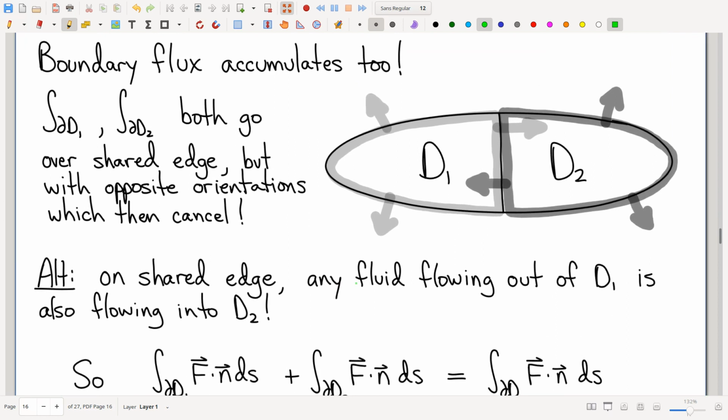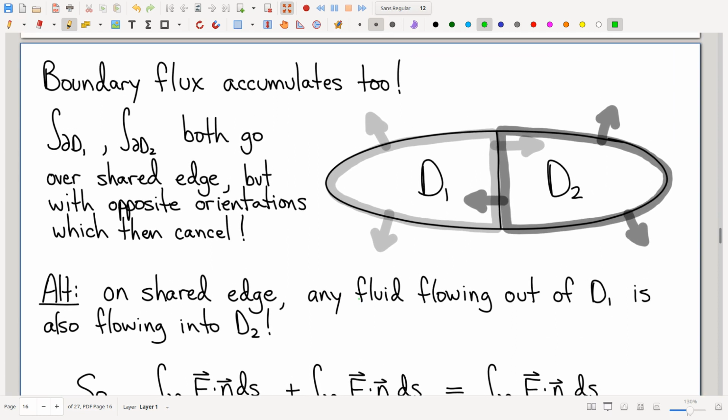And the answer is yeah, sure, absolutely, because of this key point right here: boundary flux by itself. Forget about vector line integrals. Boundary flux is its own accumulating quantity. Just like circulation, boundary flux has this feature that the whole is the sum of the parts. So in particular, if you look at the outward-oriented boundary flux for the left piece of area, and if you look at the outward-oriented boundary flux for this right piece of area,